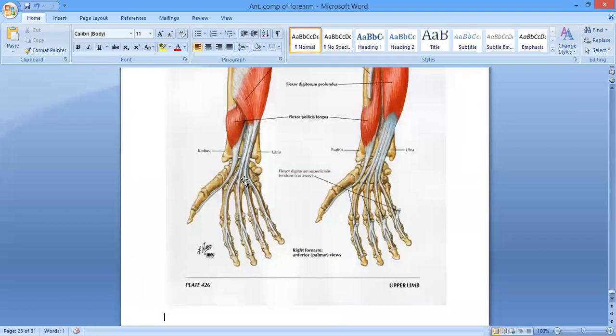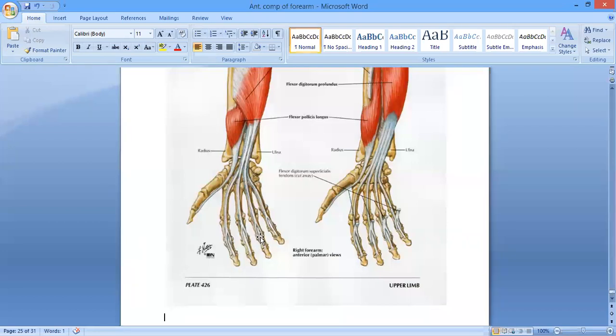And then when they will reach at the proximal phalanx, ये proximal phalanx है बच्चे. When they will reach at the corresponding proximal phalanx, they will divide into two slips. ये दो में डिवाइड हो जाएंगे and they will give way to the tendon of the flexor digitorum profundus. ये देखें, ये profundus का tendon नीचे से आ रहा है, right. और ऐसे लगता है जैसे it is going to pierce through the tendon of the flexor digitorum superficialis, ठीक है. So it is going to divide into two slips and give way to the tendon of flexor digitorum profundus,